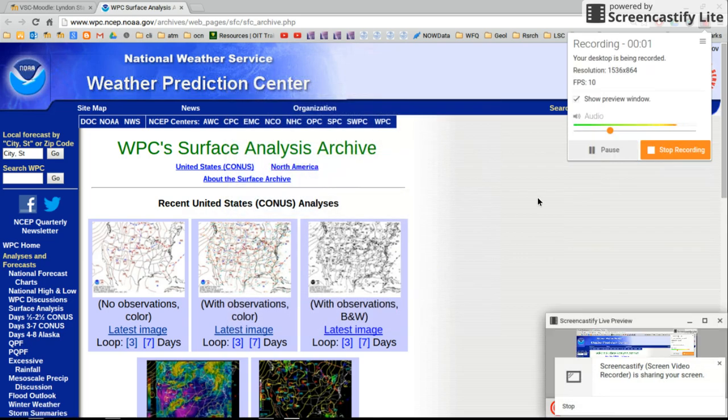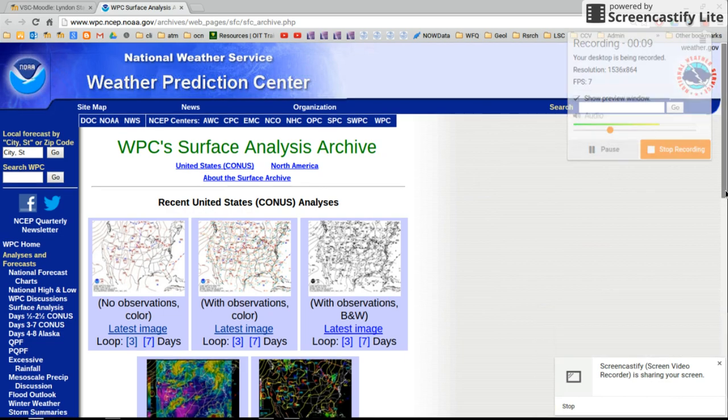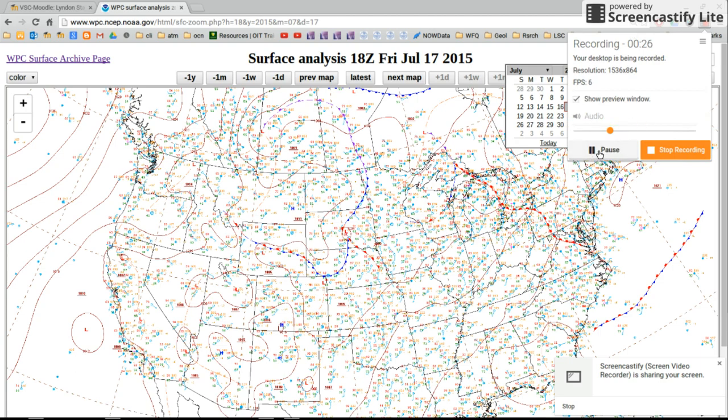We're back at the Weather Prediction Center website to take a closer look at the weather systems that will be driving the weather this weekend. Let's take a closer look at the weather map, a more detailed weather map for right now. So if you go down here in the Archive of North American Analyses and you click on North America Zoom In and you retrieve that map, you will get a map full of data that might be hard to read